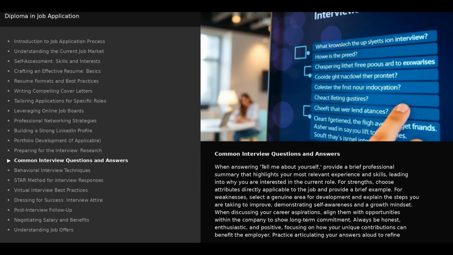When answering "Tell me about yourself," provide a brief professional summary that highlights your most relevant experience and skills, leading into why you are interested in the current role. For strengths, choose attributes directly applicable to the job and provide a brief example. For weaknesses, select a genuine area for development and explain the steps you are taking to improve, demonstrating self-awareness and